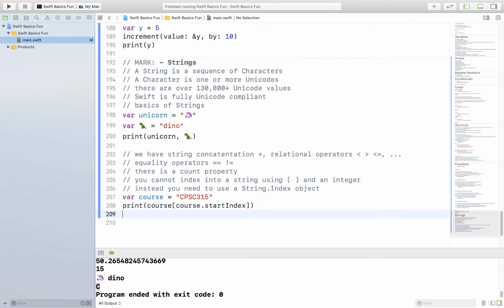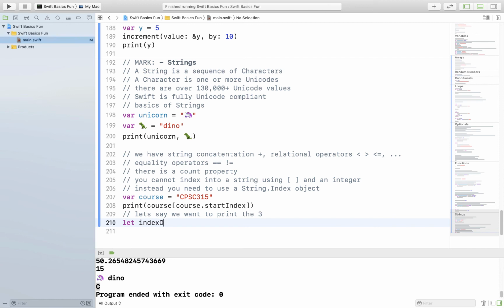Okay, that wasn't so bad, but it's going to get a little uglier. So let's say we want to print the 3. So 0, 1, 2, 3, 4. Okay, so this is index position 4. So let's write this out really verbosely. Let's have a variable called index of 4th character